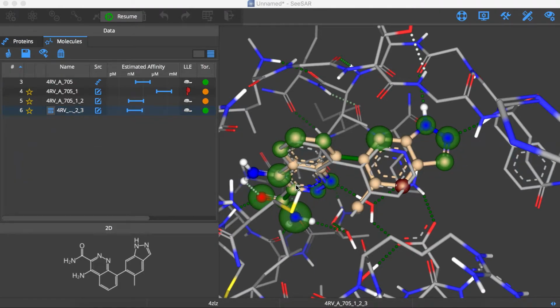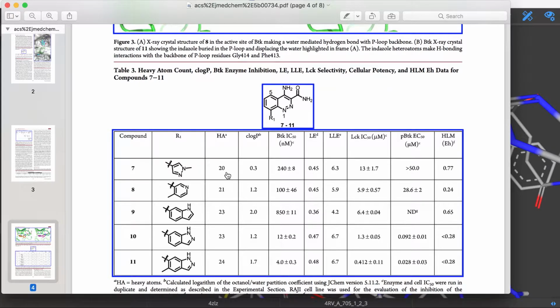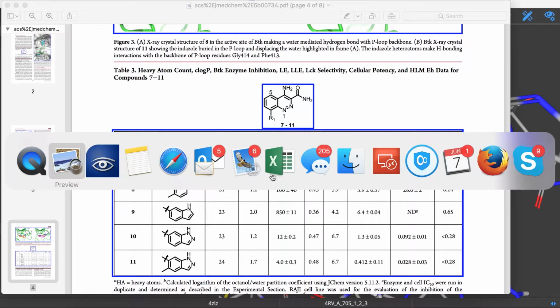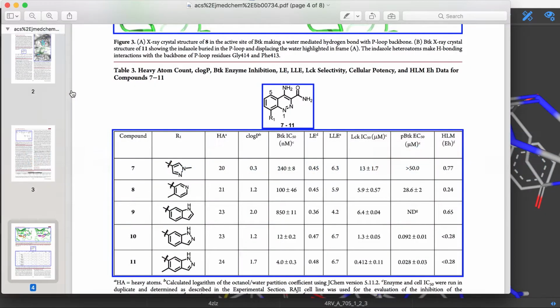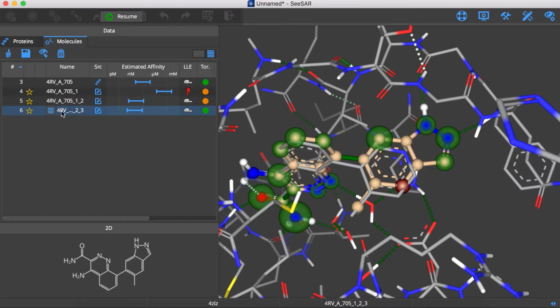So Takeda found the same thing when they studied the potency. Compound number 8 here is the methylpyridine that we started from. As you can see, the potency is in very good agreement to the calculated affinity here. Then compound number 9, the indole, had a dramatic decrease in potency, and the indazole was exhibiting a better potency than compound number 8, and this is also what we saw here in our modeling in